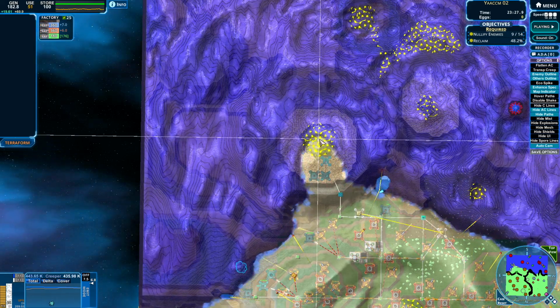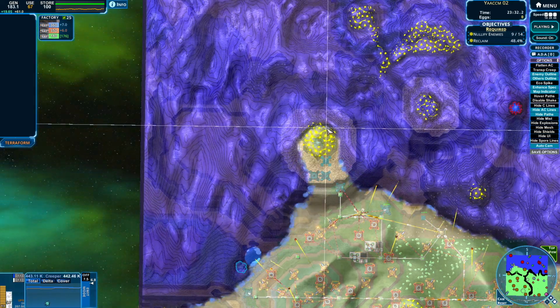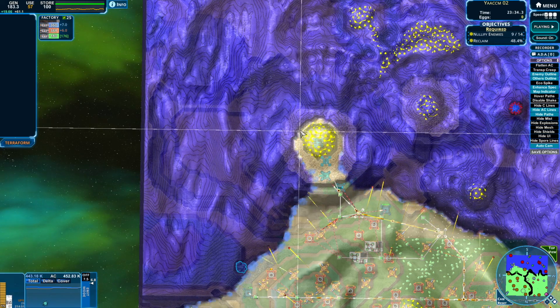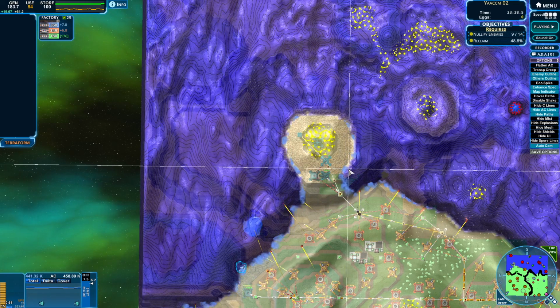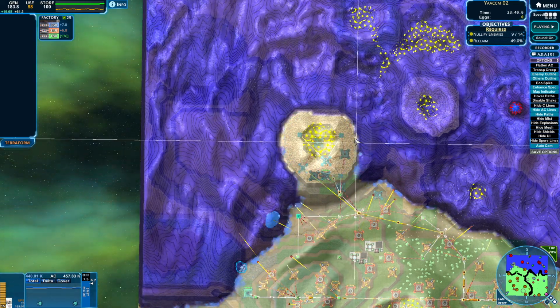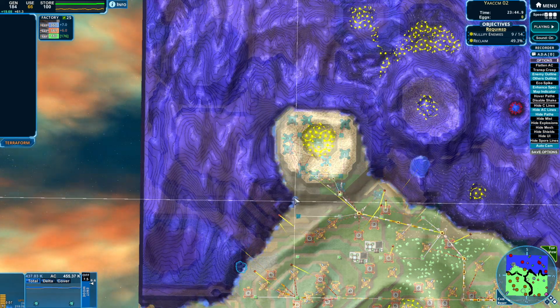We got pretty much this entire breeder. Maybe not all of it. We can force it out. Oh yeah, that's the good stuff right there. That is now just our victory. I could have gone for this, but I think this is the bigger one because again, it's the high ground,